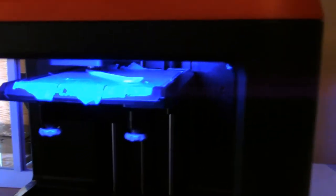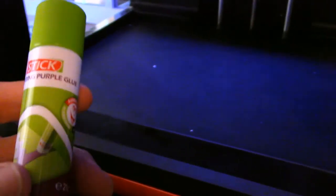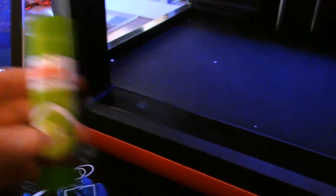You also might notice that I have some blue painter's tape on here. What I actually did was I pulled the print bed out. Normally there's a blue side of the print bed that's facing up, and then you're supposed to, because I had problems with my projects not sticking, and they give you this glue stick to apply to the print bed to keep it down